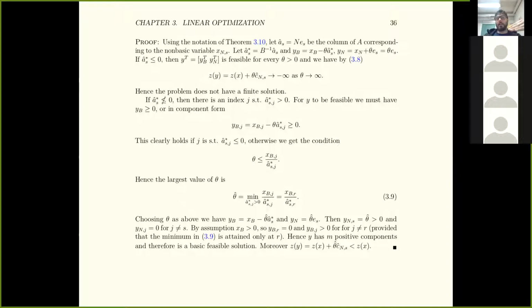And we go in that direction, and if it's feasible regardless of how far we go in that direction, we can make the cost infinitely small. So the cost approaches minus infinity when theta goes to infinity, and we can go that way. So that's one possibility. The second possibility is that we find one of the components in the basic vectors, so that when we increase s, the component s, which was 0, we increase it by theta, then we look at 3.9, which just says we find the one that first goes to 0. That's the minimum of the